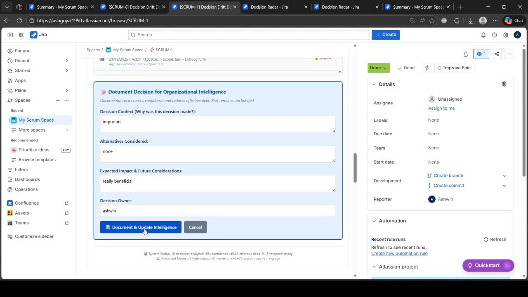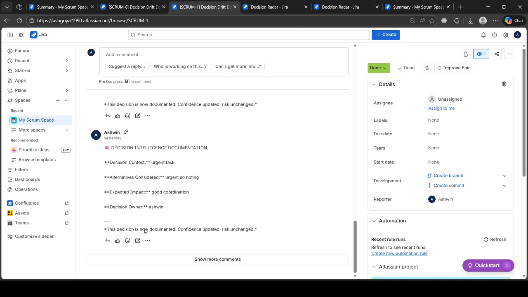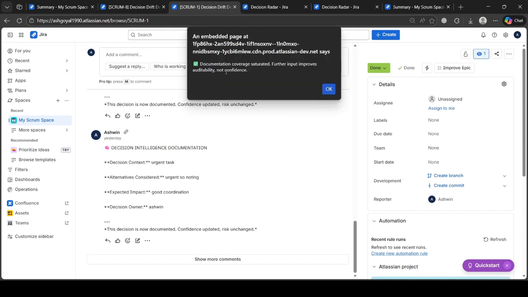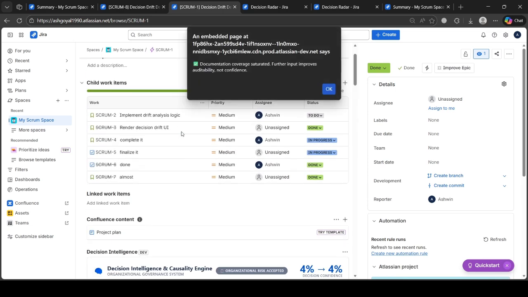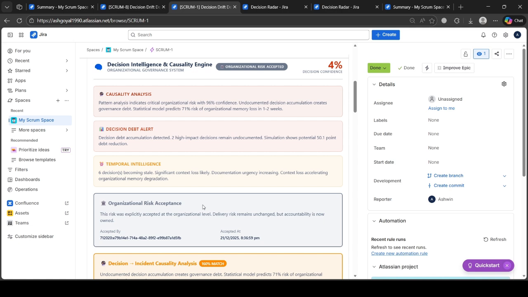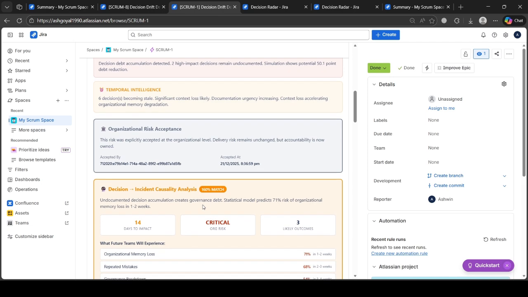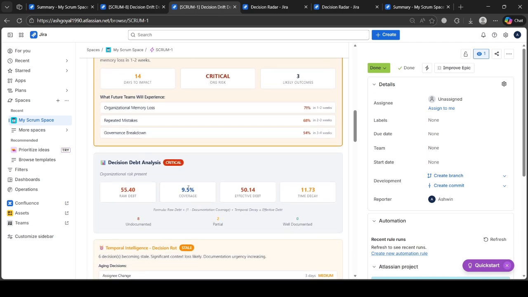See, document coverage saturated, further input improves auditability, not confidence. Why? Because I just changed it, and so it won't increase. This basically shows it won't allow spamming to suddenly increase this 9.5 or 10.5 coverage to 100%.